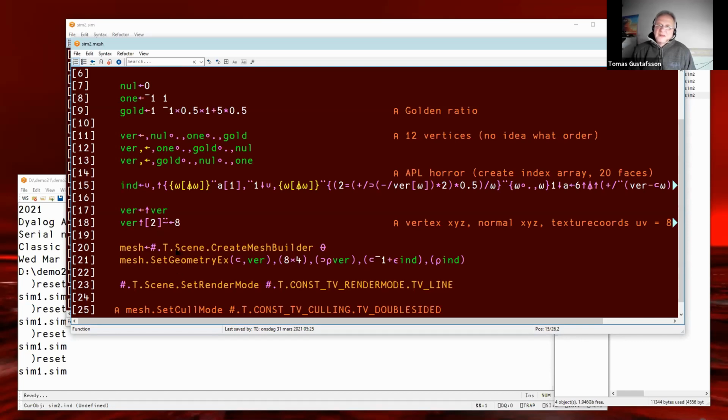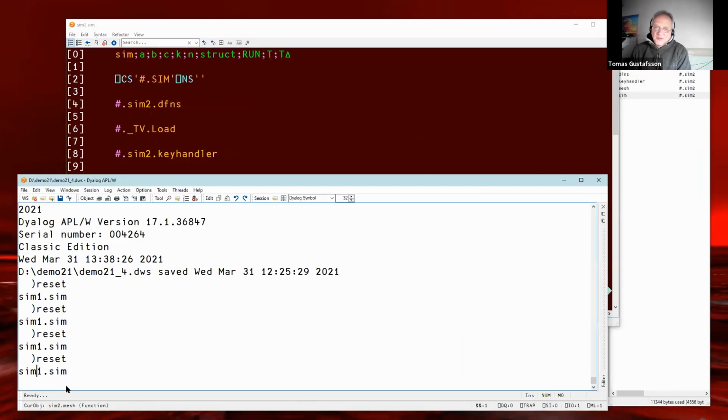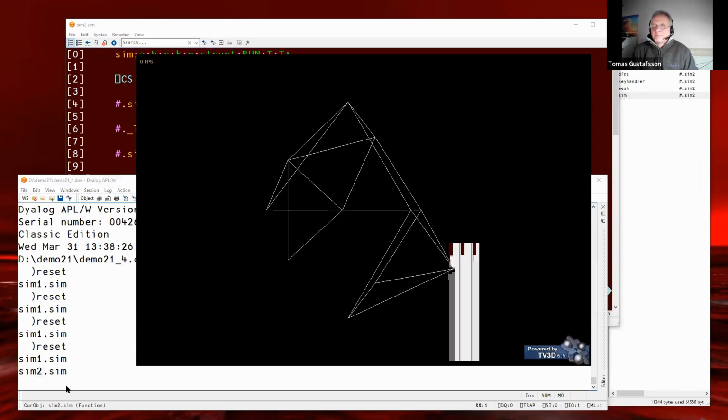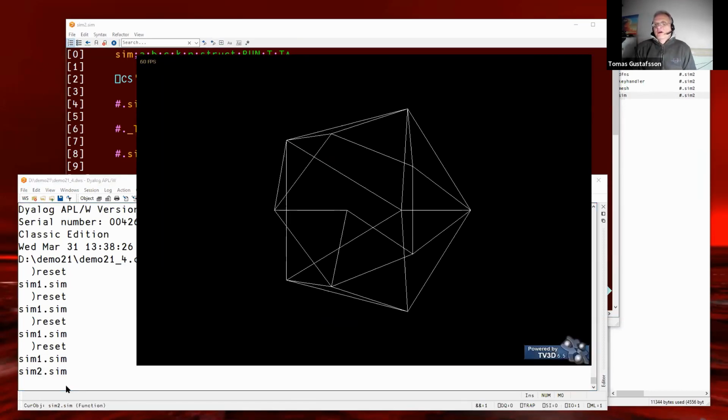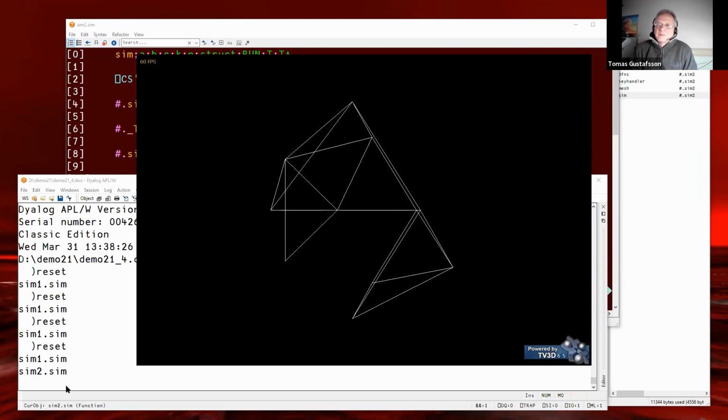And then the same thing, create mesh builder and set the geometry, and we set the render mode to line to visualize a bit of what will happen. And let's see what happens. That was sim2.sim. It looks a bit like it, but you see a problem.